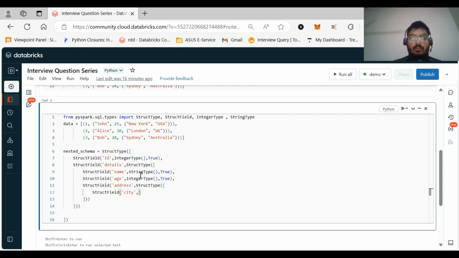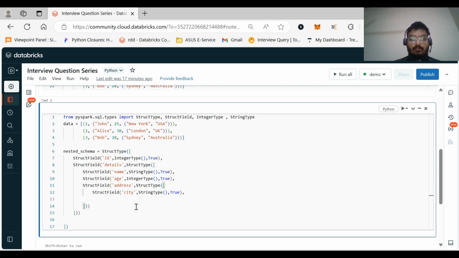Then we need to mention it as a string type. Let me copy it from here. Make it true, comma, struct field, country, string type is true.